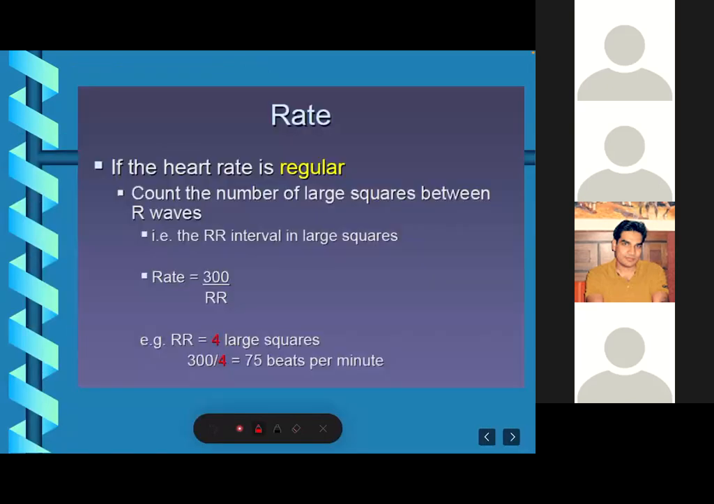Then we come to the heart rate. Heart rate is calculated by a simple formula: 300 divided by the number of big blocks. This is the normal formula. For example, if we found there are 4 R waves in